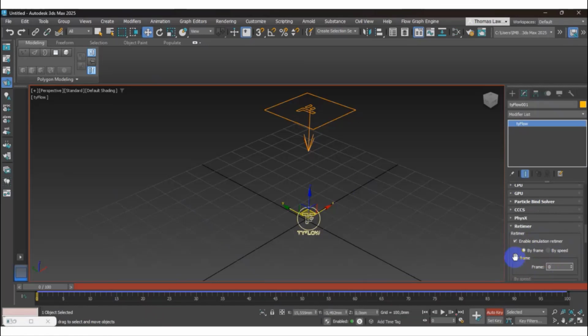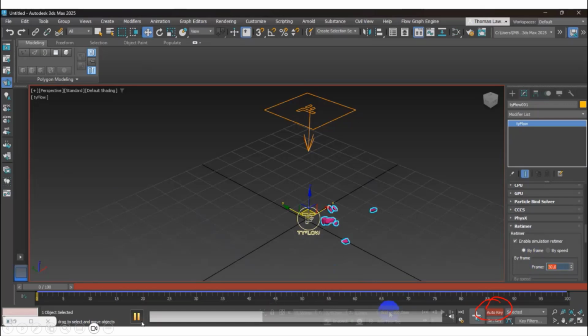You must first check the auto key to make sure, and then you can put the number in your frame. So I try from 0, or 30 maybe, or 40, anything, and then you can press enter. So I move, see, so I stop.